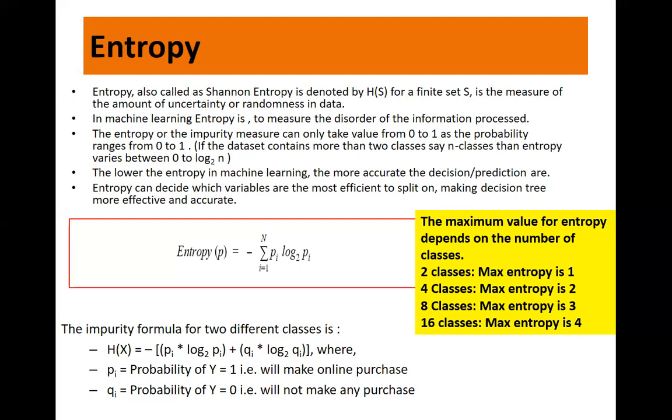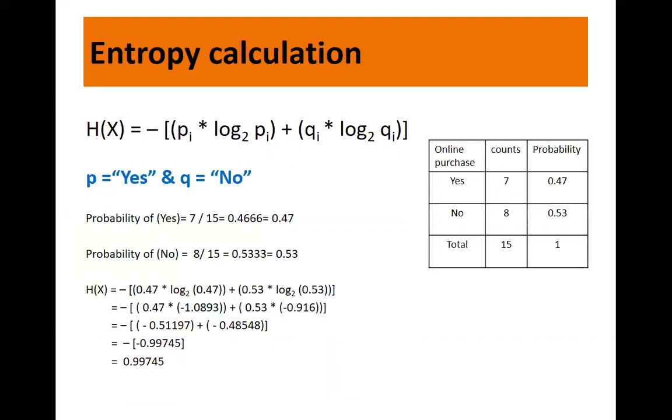Now let us see how we can calculate the entropy. Fine. Now, in case of binary classification, we already know it ranges between 0 and 1. This is an example of binary classification because we have the class label as yes and no. Fine. And this is the formula for our binary classification entropy calculation, right? Where the number of classes is 2. Now, let us say P indicates yes and Q indicates no. These are the class labels. Now, what we need to calculate is the probability of yes and the probability of no in our data set. So, in our data set, let's say there are 15 samples.